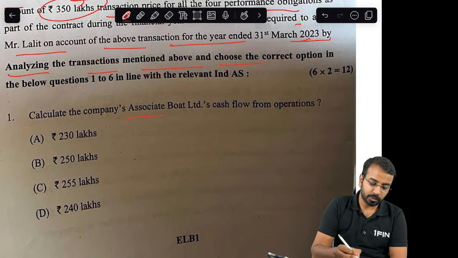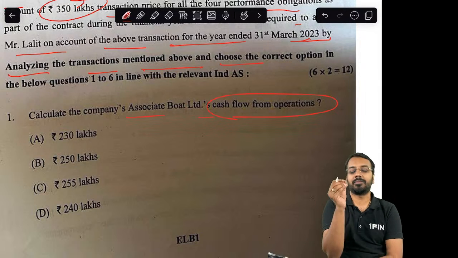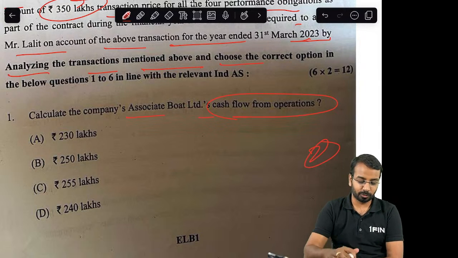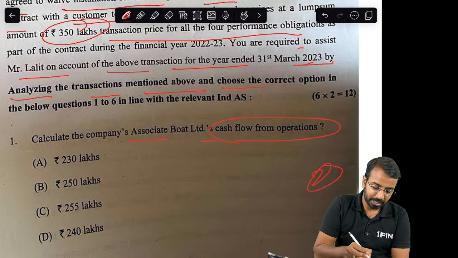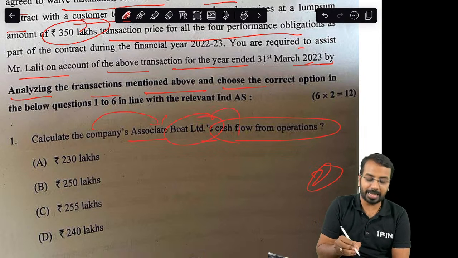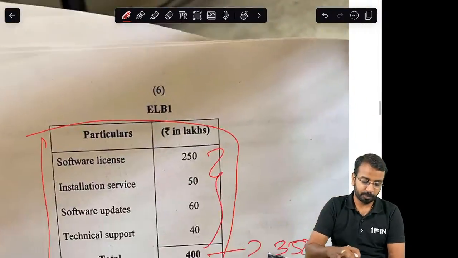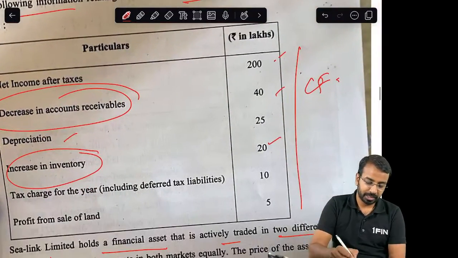First, calculate associate Boat Limited's cash flow from operation. This you should give 2 out of 2. There is nothing to complicate the answer. Companies associate Boat Limited's cash flow. Okay, so what is Boat Limited's cash flow? If you come back here, 200